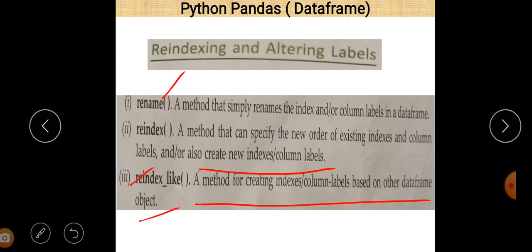So there are three different methods: rename, reindex, and reindex_like. The rename method simply renames the index values. Reindex is basically used to create new index and column labels, and reindex_like is used for creating index and column labels based on another data frame object. These are the three important methods used in a data frame.